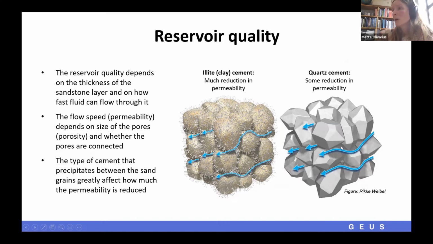Whereas when you look at quartz cement, which is what we will be looking at in this hackathon assignment, it has some reduction in permeability, but the amount of reduction really depends on how deep it has been buried, because the amount of quartz overgrowth that forms depends directly on the temperature and on how long the sediment has been buried at high temperature. So these overgrowths just grow larger and thicker until at last the pores are completely removed and just filled with quartz.